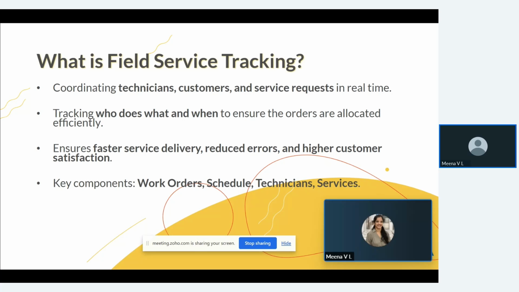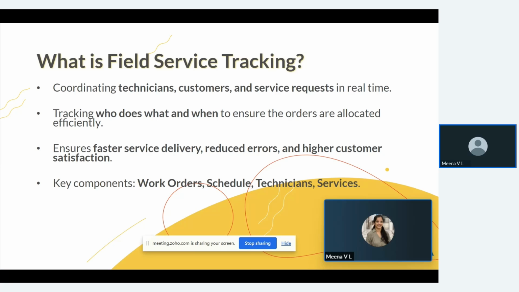How do I track it, and how do I assign the work orders that I get efficiently to the technicians such that I get all the jobs done without any delays? There should be customer satisfaction, wherein they should be able to select their slots when they want the installation or the service to be done. At that time, how do I efficiently allocate my technicians? That is the kind of use case that we have considered today.